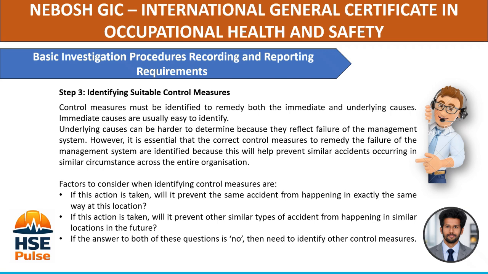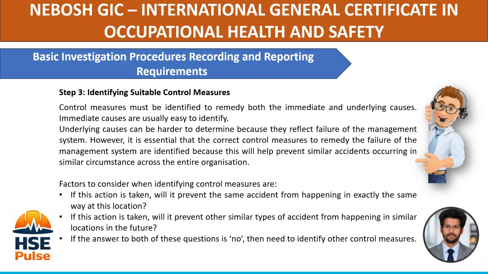For example, if a worker slips on some oil that has leaked out of a vehicle in the distribution depot, an employer may clean up the oil leaking out of the vehicle, which is the immediate cause, but fail to deal with the underlying cause or root cause, which might be lack of inspection and maintenance of the vehicle, etc. This could lead to more leaks, which in turn may lead